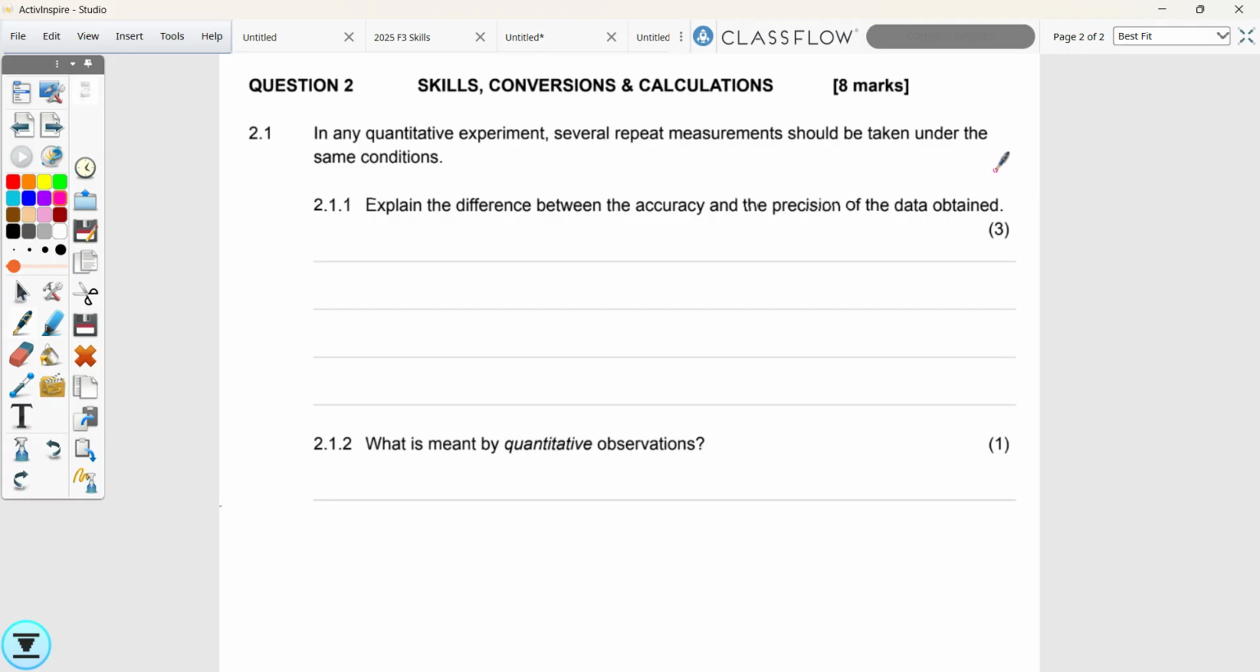So you can definitely expect something on this in your test. So what would accuracy be? How close it is to the average? Or can you say to the average? No, because if you are calculating an average, is that the true value? No. So you need to check how close your average is to the real value. So accuracy is how close